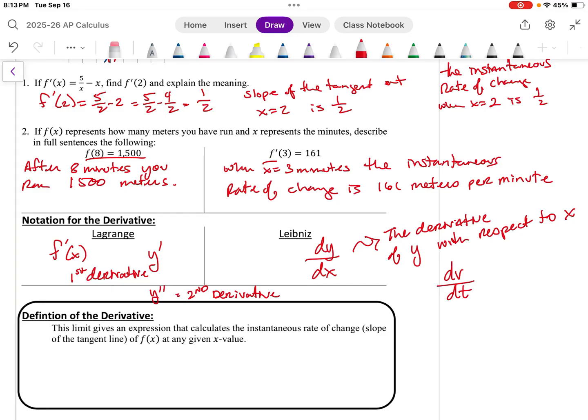And then how is the volume changing in the cylinder I was pouring it into, or how is the change in radius with respect to time taking place inside of that container. So we do want to be able to work with both sets of notations. Leibniz notation for second derivatives and so forth